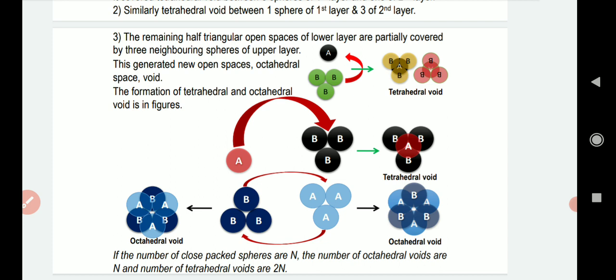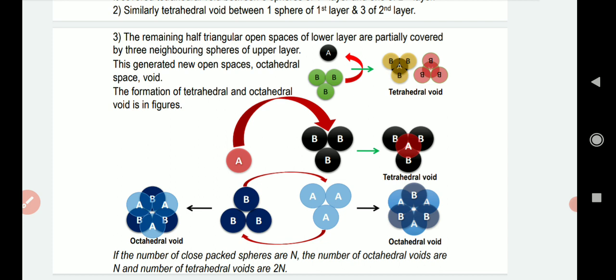But if you consider the second case, you have the 2 layers A and B, right? Now what is done? On A, B is placed. Now when you move to the right hand side, see the arrow on the right hand side.